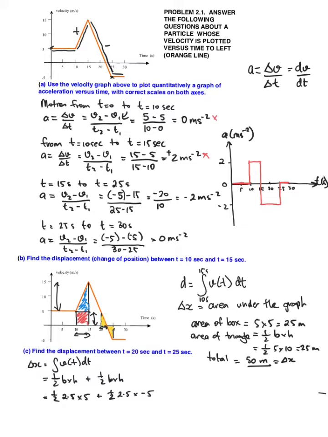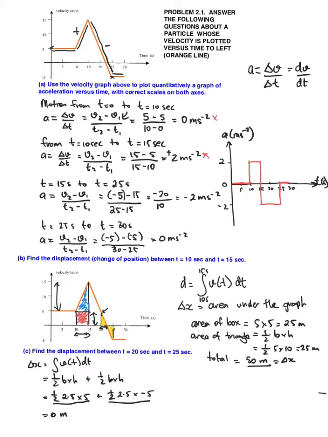This is very important. You can see from this that this bit here is going to cancel out that bit, and we're going to get 0. So 0 meters. So that's our answer for the second one. There's no displacement. That makes sense because at this point here,